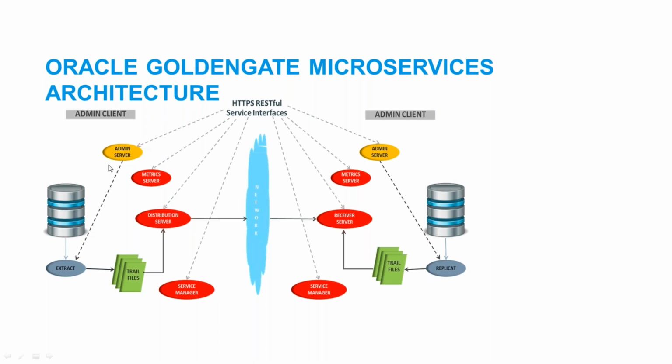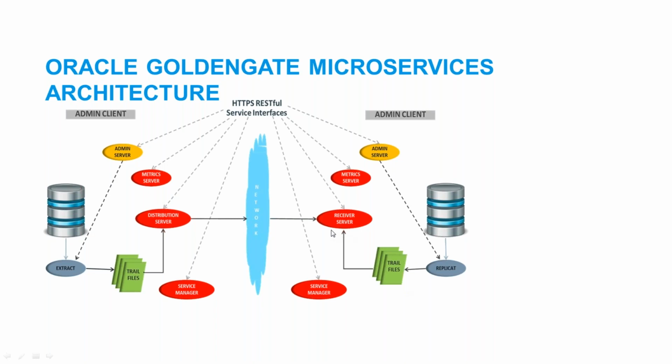Under administration server, you configure the Golden Gate extract process, which writes data to the local trail. Now the data pump process of classic architecture has been replaced by the distribution server in microservices architecture. In classic architecture, data pump was a process. However, here the distribution server runs as a server. The distribution server reads the data from the local trail, sends it over the TCP/IP network, and writes it to the remote trail.